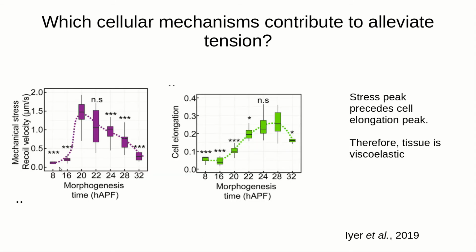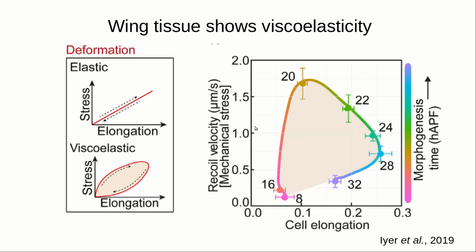Here you can see the pattern of how tension, measured as the recoil velocity, increases at 20 hours after pupariation, and then it steadily decreases until 32 hours because this tension is getting relaxed. However, if you compare this to cell elongation, you see that the peak of cell elongation is a little bit out of phase with the peak in mechanical stress. And this is interesting because